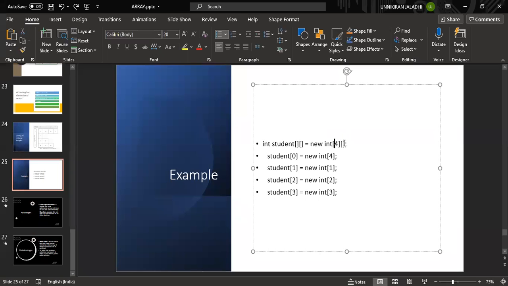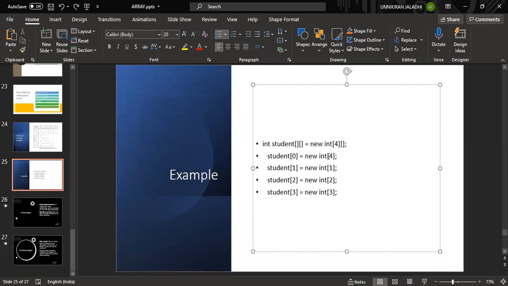Don't think of this as a row and this as a column in a 2-dimensional array. For our convenience, we say this is a row and this is a column. Actually, we identify each and every element based on 0,0, 0,1, 1,0, 1,1. Based on that, we identify the element. For our information and matrix point of view, for our convenience, we just use rows and columns. It is not like that. Please remember those words. Even I got confused sometimes. It is only our convenient point of view that people think this is a row and this is a column.